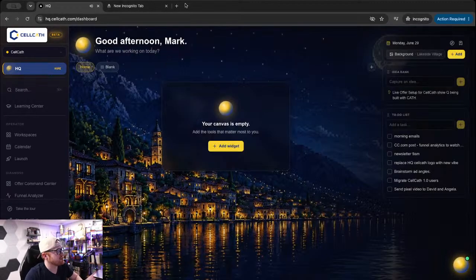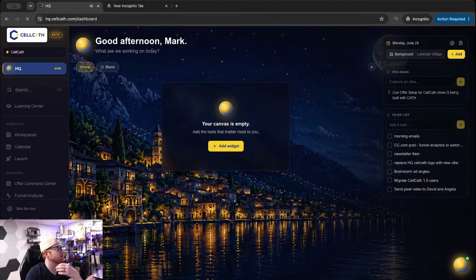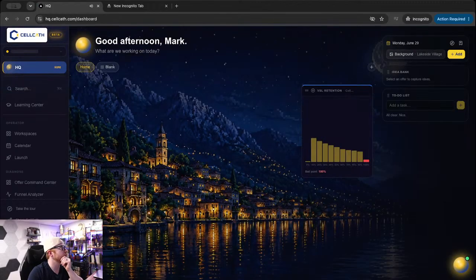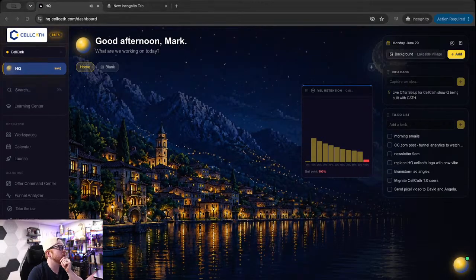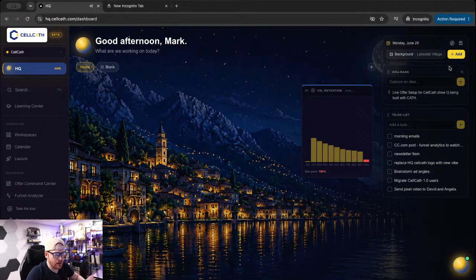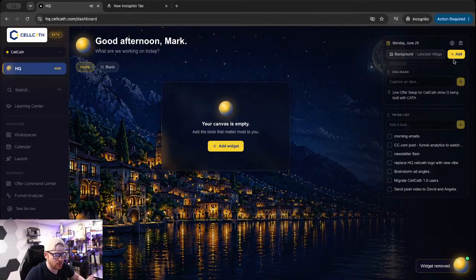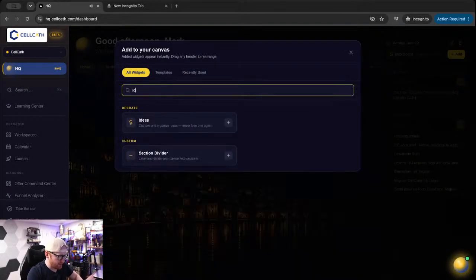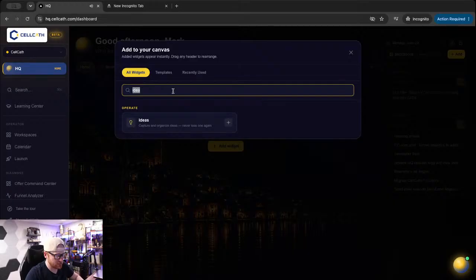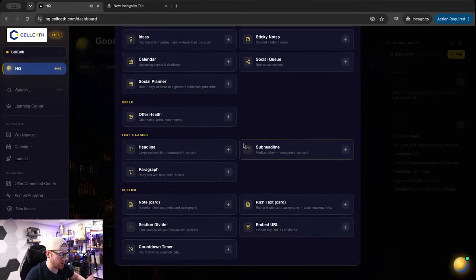First things first, I actually just deployed a new commit with a quick update. Let's see if that hit yet. The whole purpose of that was to have a search bar here in the canvas. Beautiful. Because we've got a lot of widgets and there's going to be a lot more